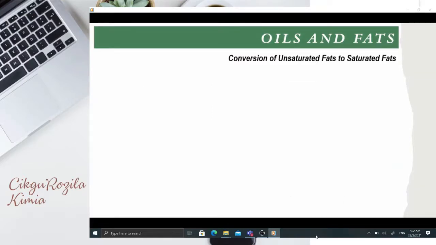Okay, now we go to the conversion of unsaturated fats to saturated fats. This is actually macam ulang kaji ataupun pengulangan tentang reaction of alkenes untuk hasilkan alkane. Kalau awak ingat lagi, alkenes is unsaturated hydrocarbon while alkane is saturated hydrocarbon. So, kenapa cikgu kata ada kaitan dengan itu? So, kita tengok the first